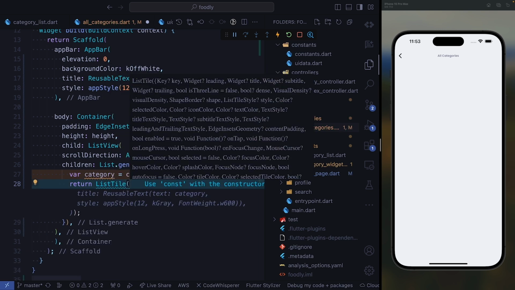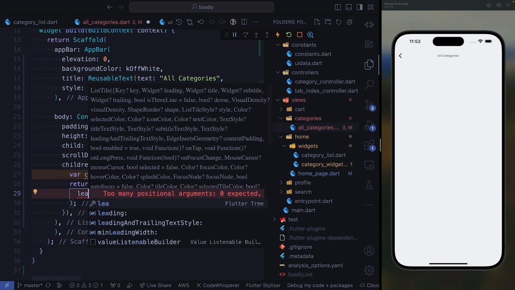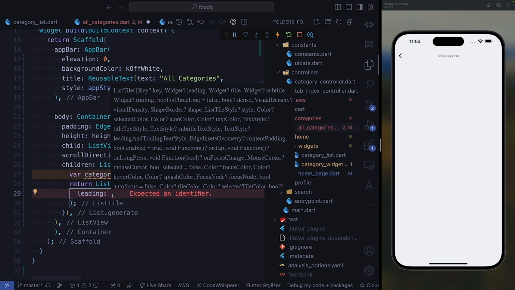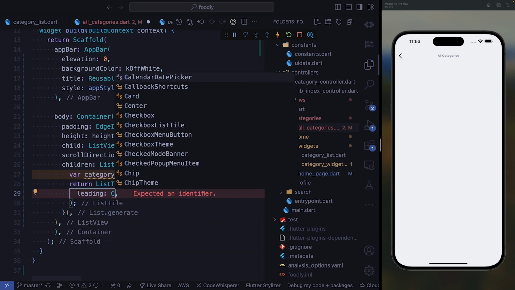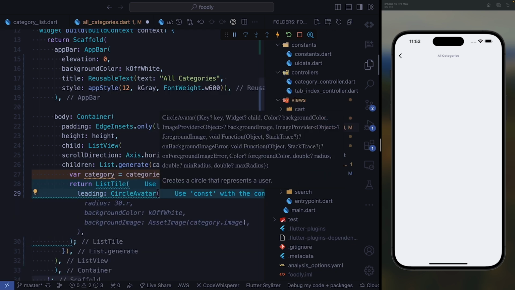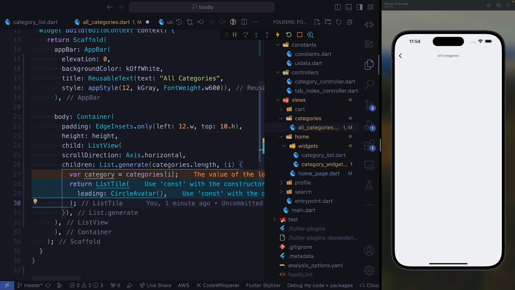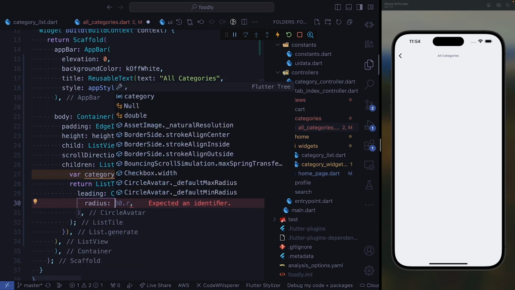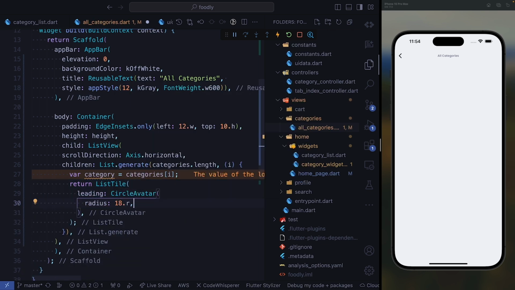So for a list tile, we're going to have a leading and a title. Okay, so first let's go ahead and have leading. Our leading is going to be a circular avatar. Inside of our circular avatar, we need to give it a radius, and we're going to give it a radius of 18.r since we're using screen utils, and then we need to have a background